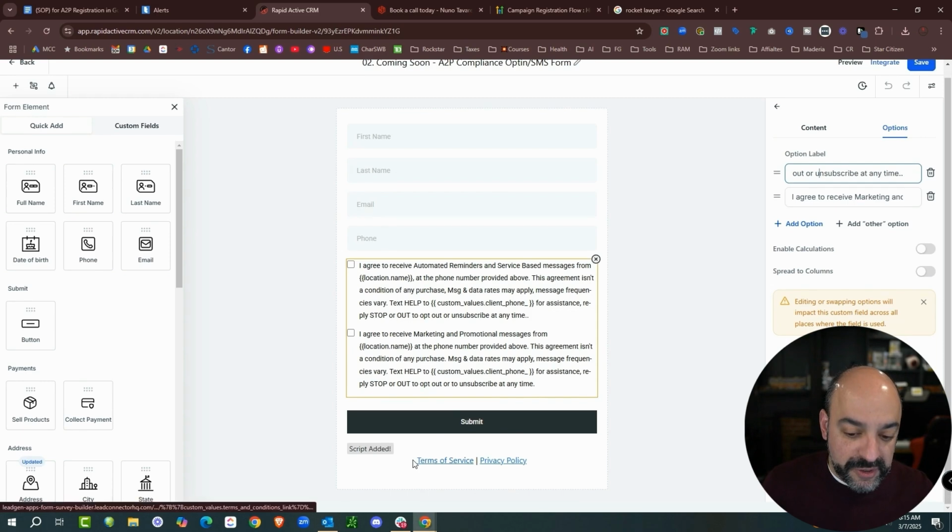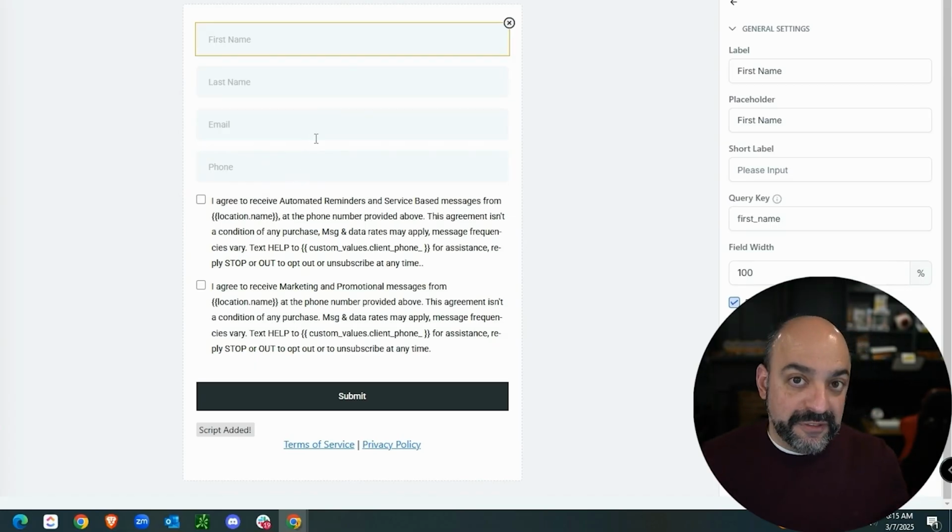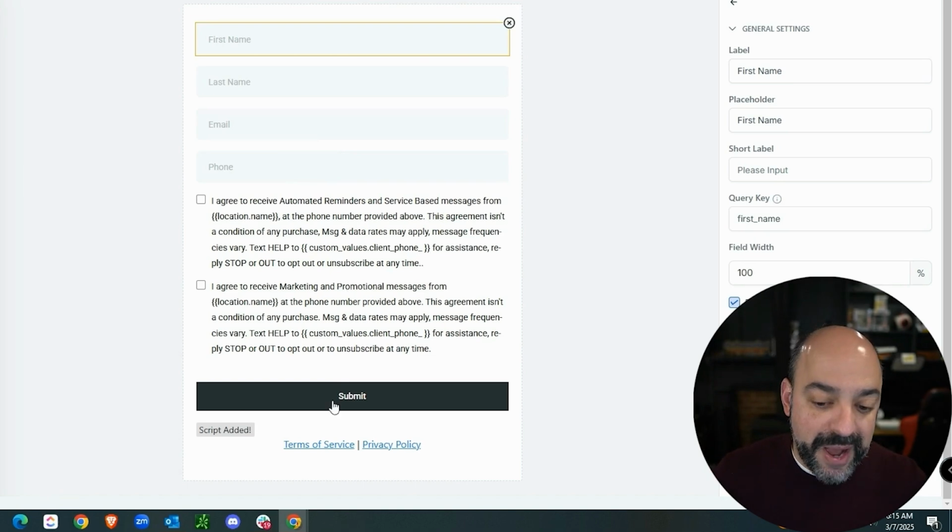Now, the terms and service and the privacy policy, just make sure when you have them at the bottom of the page that they link to where they need to go. And again, phone number must not be required. All right. Everything else you can require. And by the way, guys, if you're not collecting phone numbers, you don't need to have the consent boxes. It is always good to have the terms of service and the privacy policy, but that's what you have.